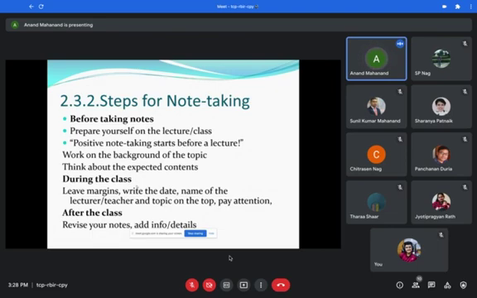Before taking notes, you have to prepare yourself. Prepare your notes. Think about the topics. That is why it is said positive note taking starts before a lecture. Okay. Think about the topic. Ask yourself, what are you going to